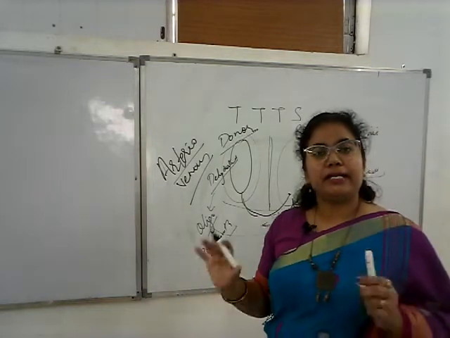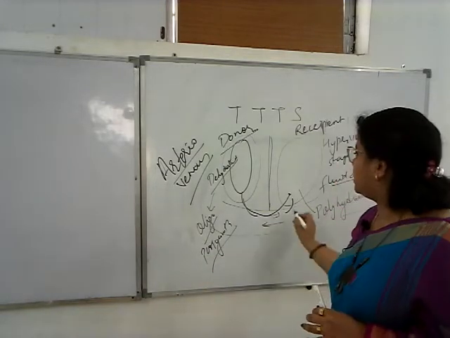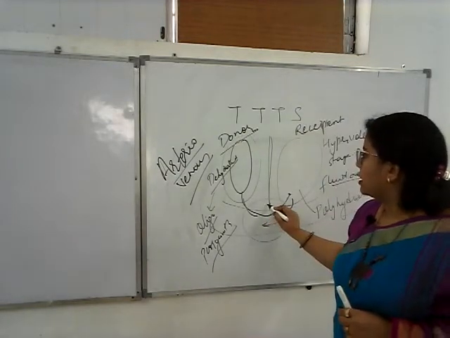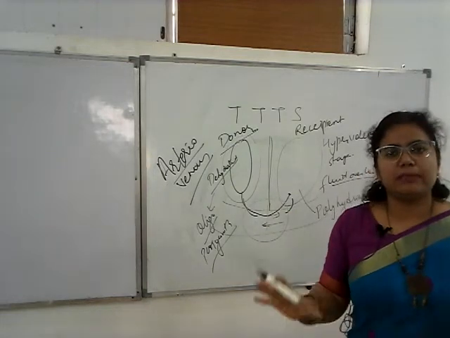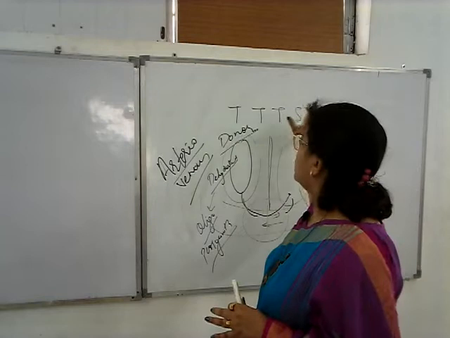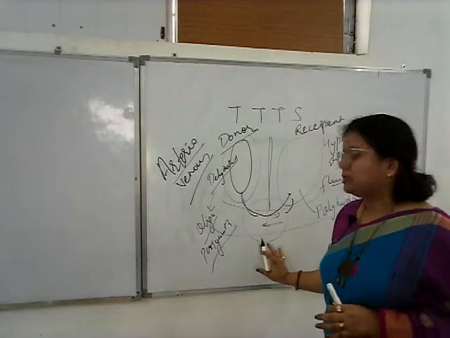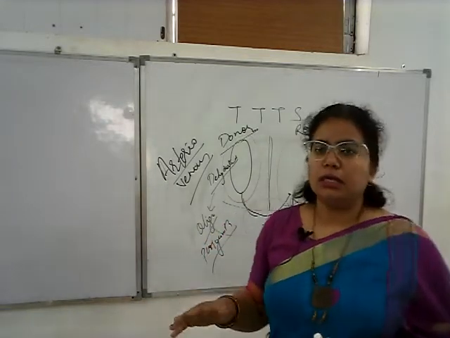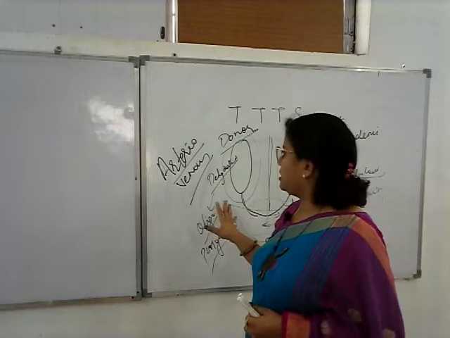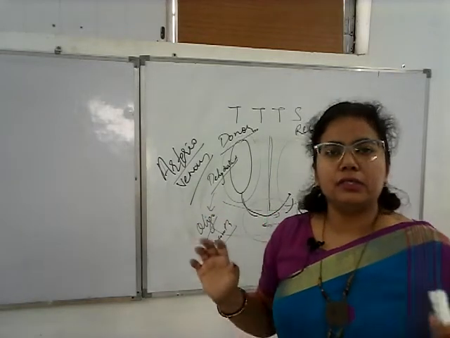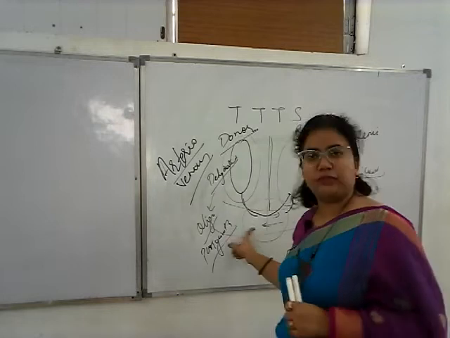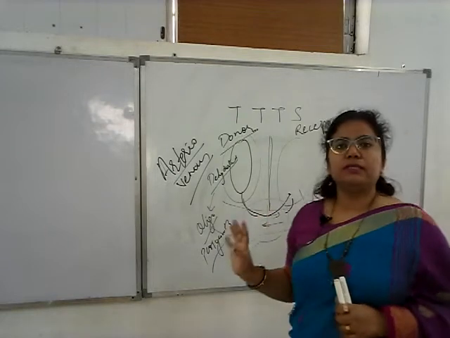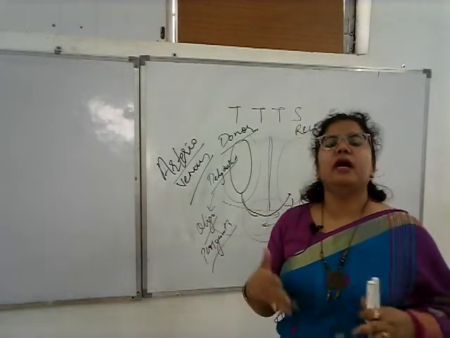So what is the etiology? What is the main causative factor? It is this communication which is occurring. If we can ablate this communication, it is the basis of the treatment of twin transfusion syndrome. But this is not very easy. This is an invasive procedure. You just cannot apply it to all. When you come to know that there is an arteriovenous anastomosis, because this is an invasive procedure, a fetoscope is required. So this invasive procedure is tried to be avoided.